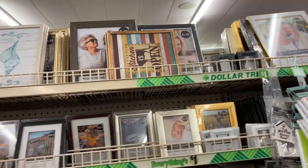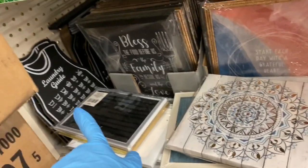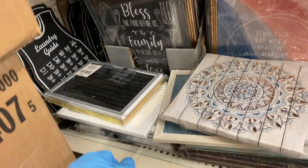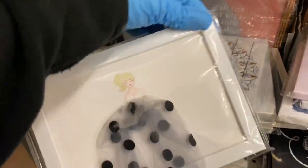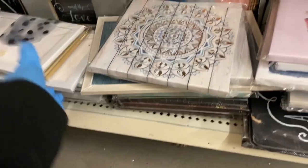At the Dollar Tree. Let's take a look at what they have, especially here in their artwork. So they have that laundry guide over there. I think that's already been shown before. And they already had this doll with this dress, and there it is in the yellow. So now we have this